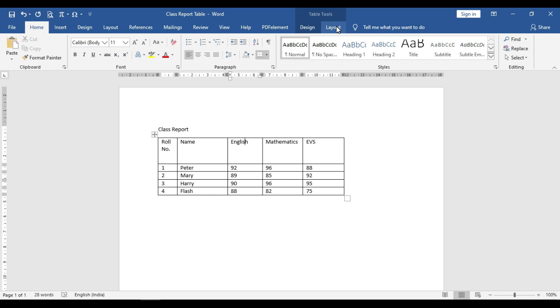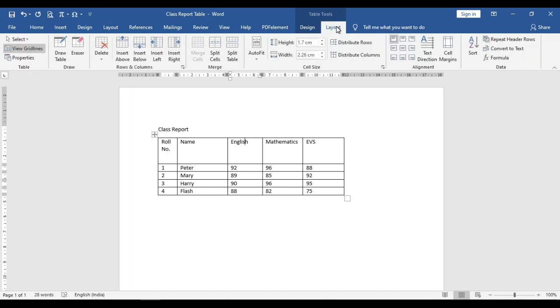From here go to layout option, and from here you can use the auto fit option. The first is auto fit content, the second one is auto fit window, and the third one is fixed column width. So if you choose the first one, auto fit content, then it will adjust the cells as per the text entered.